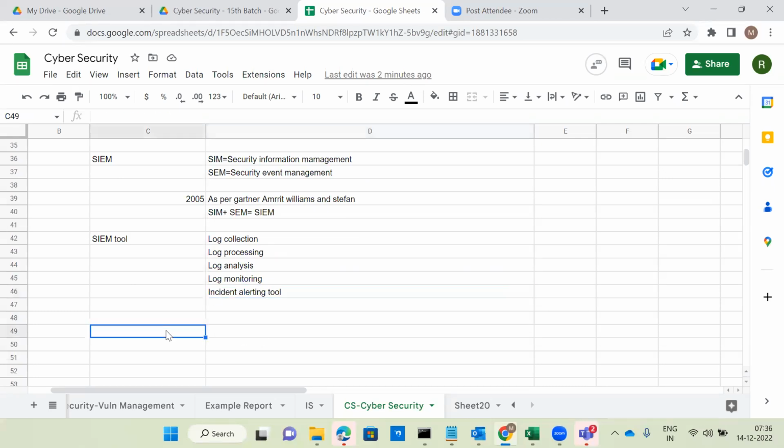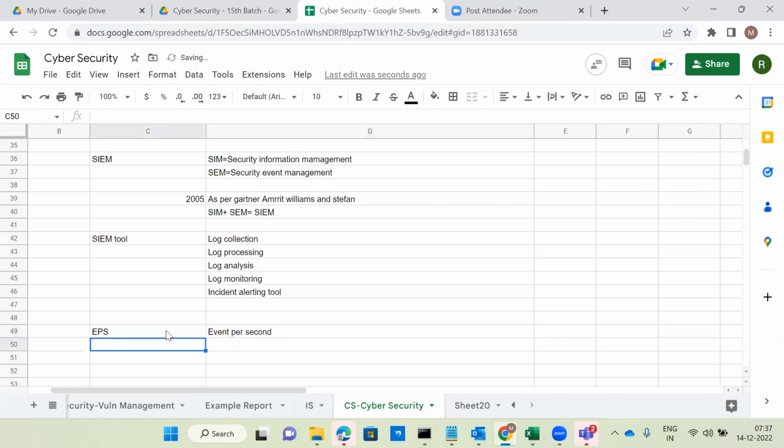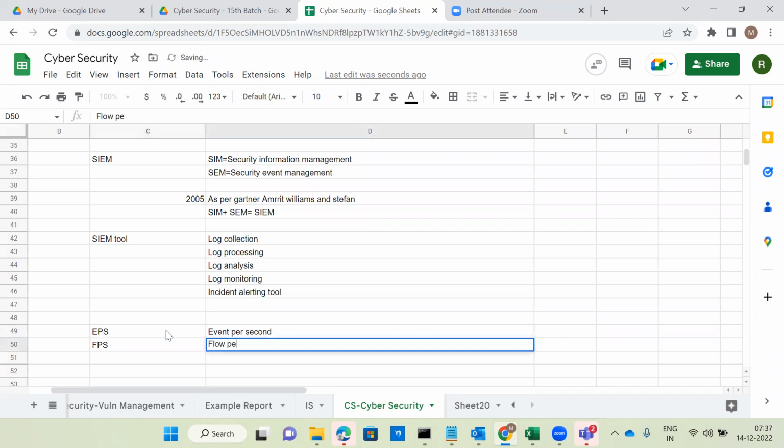Okay, next one, EPS. EPS is events per second. Per second, how many events are generating? Next one is FPS, flows per second. Per second, how much flow is generating in the form of IP packets?